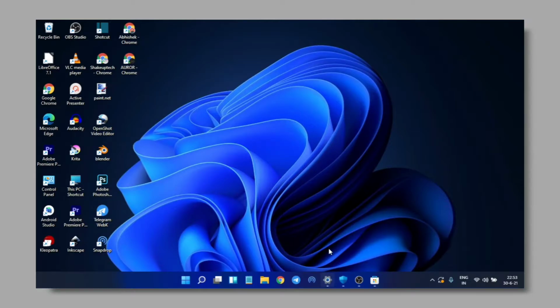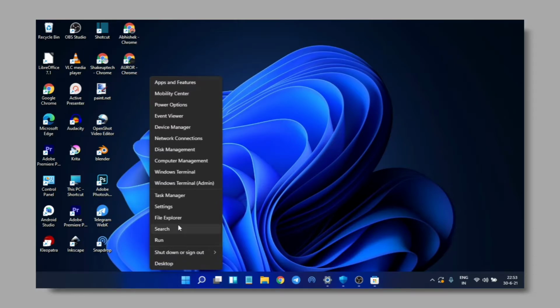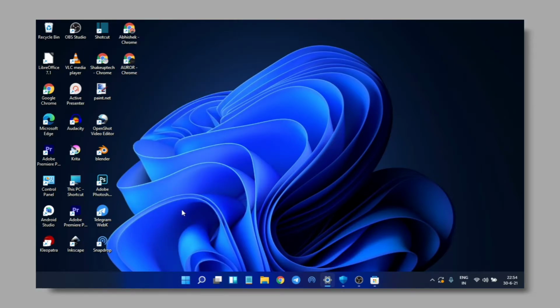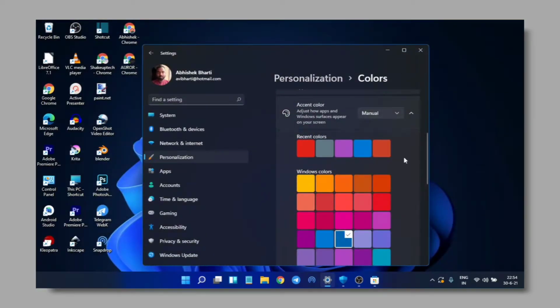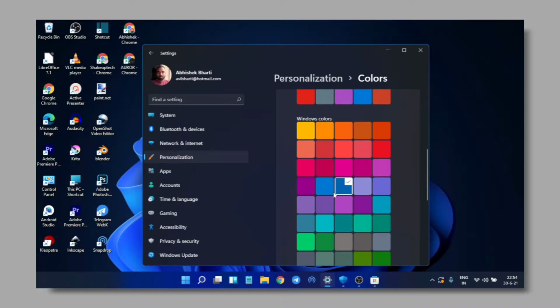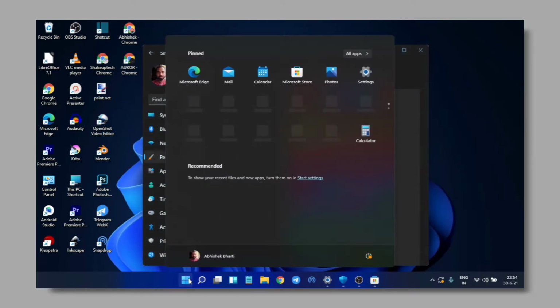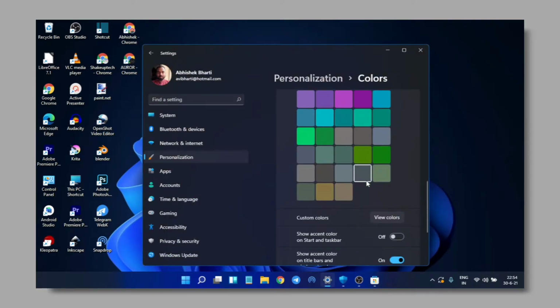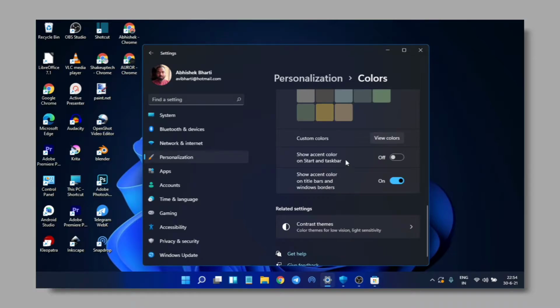So okay, let me see if anything changed. You can see this is the bug I was talking about. Even it's showing me the preview, but I cannot click on it. So to go back to settings, I have to right click and then go to the settings, and it should open up. Okay, you can see here that it has changed. Actually, the color, it has changed. I'm not seeing it anywhere, maybe because it is already blue, but yeah, this is how you can change.